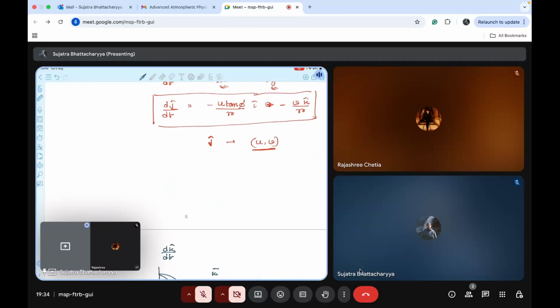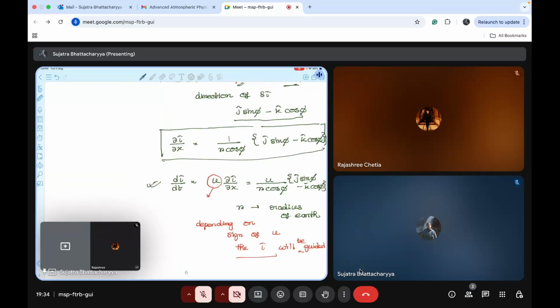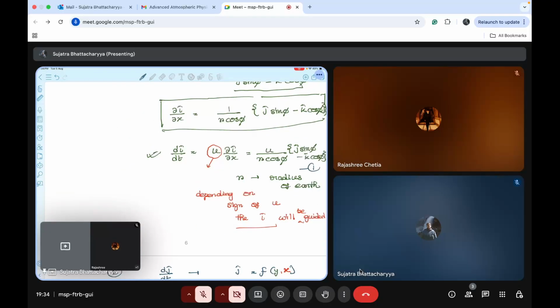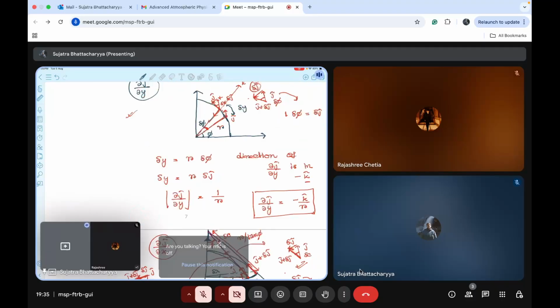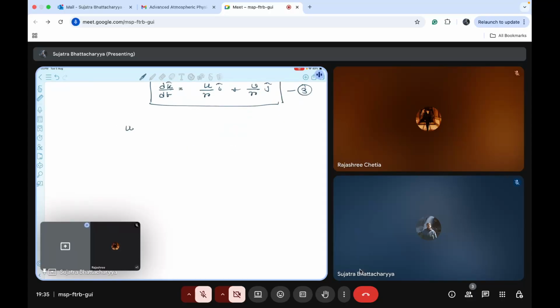Okay. Next, this is number two, and the first one is number one. Where is that? Yes, this one. Okay. These three things we will combine and write the momentum equation in the spherical polar coordinate, where u vector is nothing but u i hat plus v j hat plus w k hat, as du dt. We have written this expression already. I'm writing it again: du dt i hat plus dv dt j hat plus dw dt